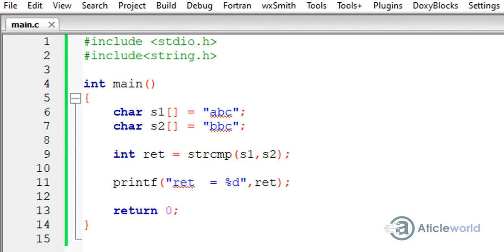Let's understand this program using pen and copy, and I will try to explain the working concept of the string compare function. Start with the first example.